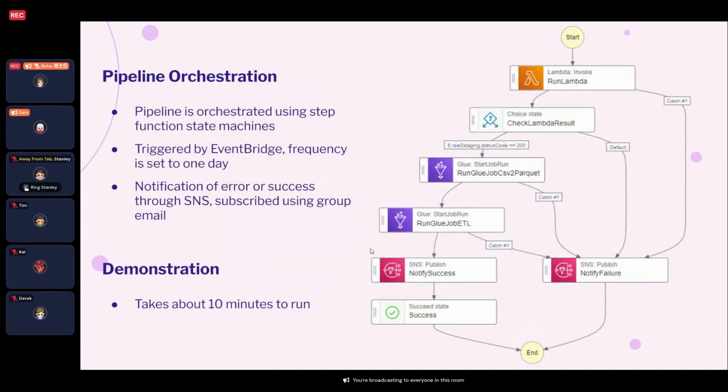The pipeline is orchestrated using Step Functions, which is triggered by EventBridge. The period is set to 1 day. As shown here, a Lambda is first used to copy files from the client to our data lake. Then two Glue jobs are used to convert CSV files to Parquet and extract features for machine learning engineers. And in case of any error, or if the pipeline run is successful, a message will be sent to an SNS topic, which is then sent to the